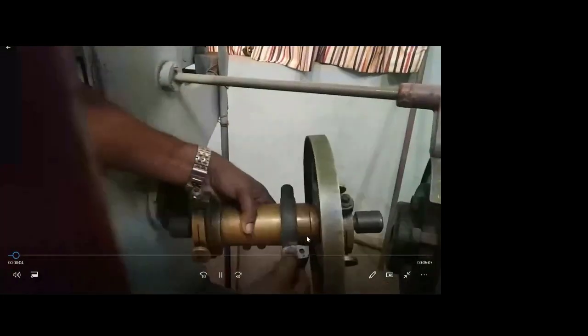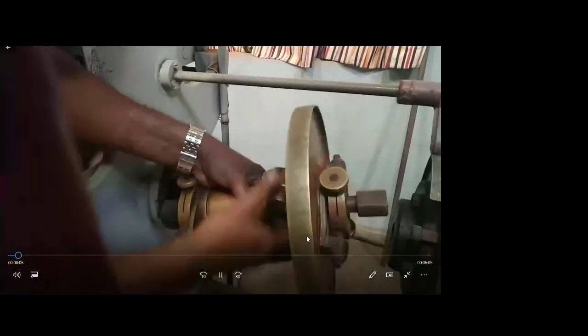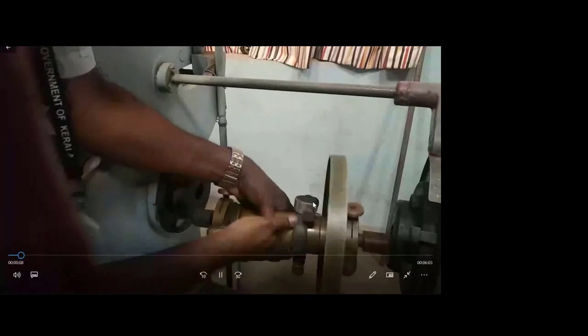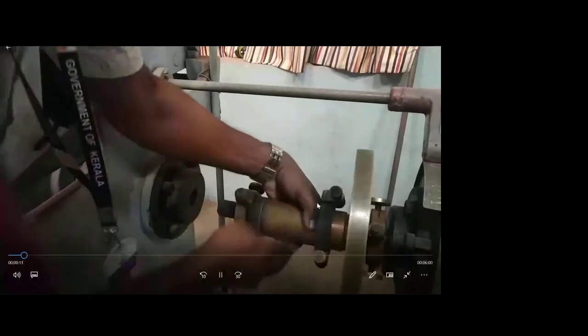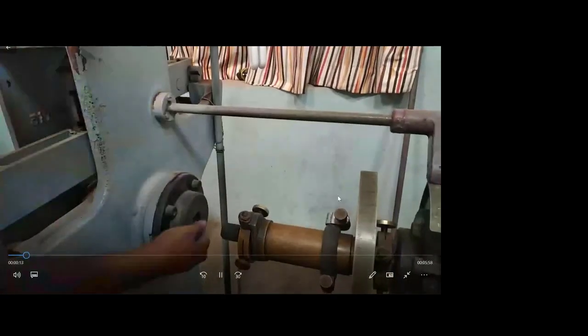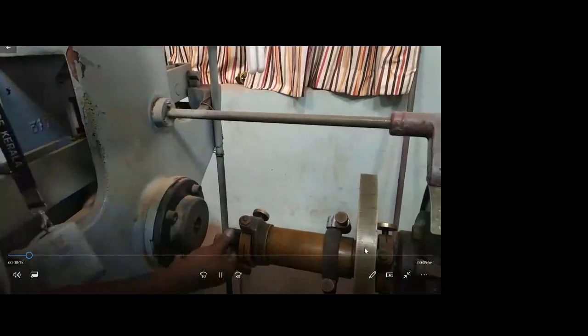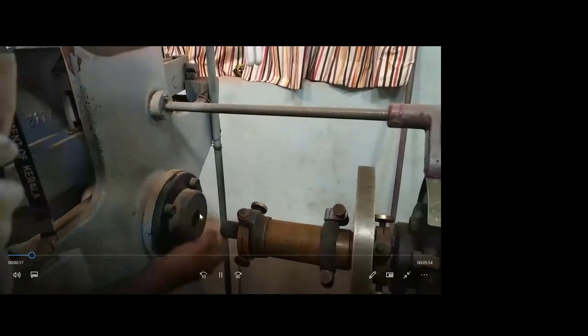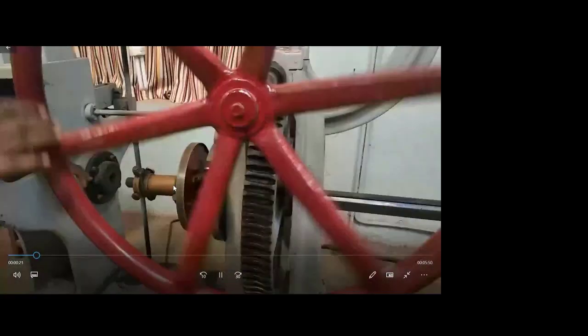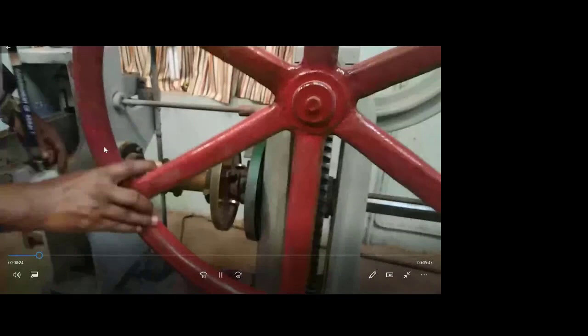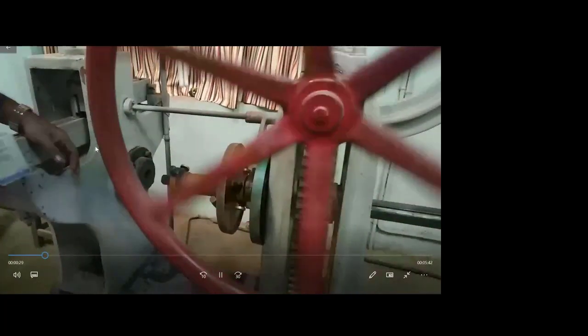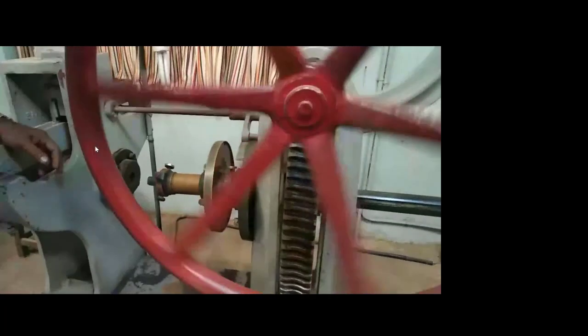Here the specimen is already fitted into the device. Under this device, see here, this portion will hold the telescope, and we have to fit it in such a way that it is in the upward direction. Now it is fitted to one end of the machine, and the other end should correctly fit into this slot that is available here. For that, we have to rotate this wheel, and when it comes exactly at the position, check whether it is exact and push this lever so that it will go into the slot.